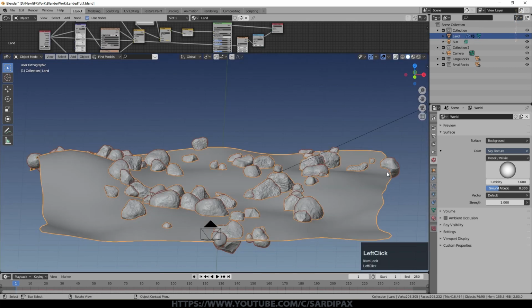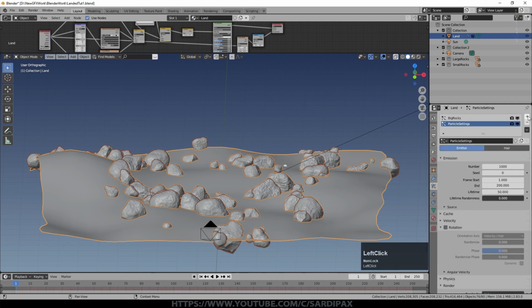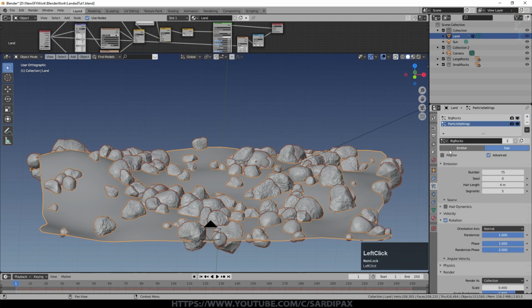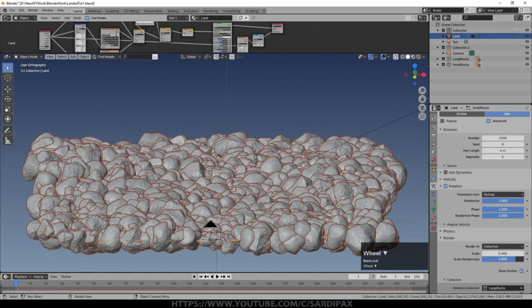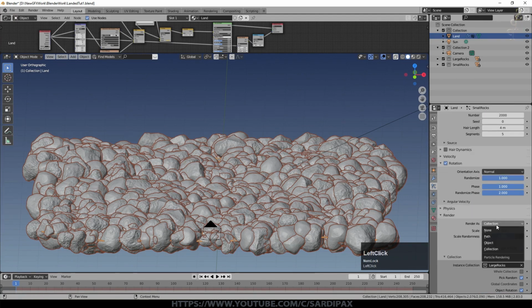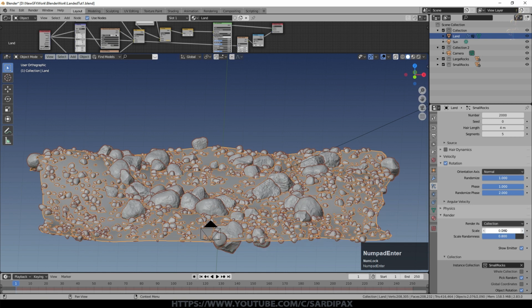So we haven't got too many of those big rocks, but bear in mind they've got a lot of detail on them. So under particle systems, we'll add a new one. We'll use the big rocks particle settings. We'll click this little 2 and now we can say small rocks. I had about 2,000 of those. You can see they're quite large at the moment. Most of the other settings stay the same, except this time we'll change the collection to small rocks and we'll have a scale that's much smaller than that. So we'll go for 0.1 initially.